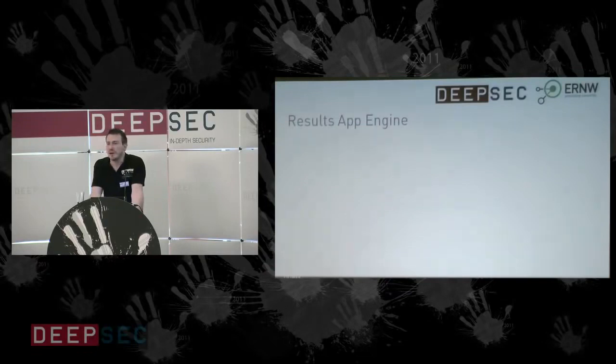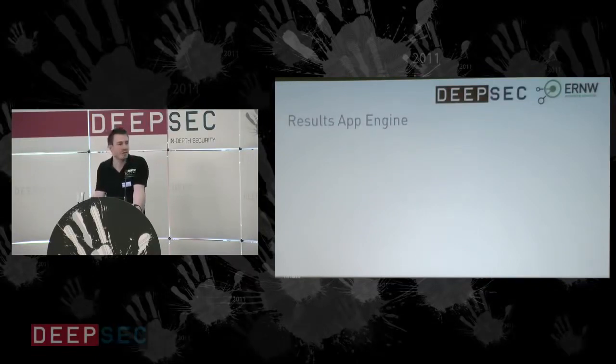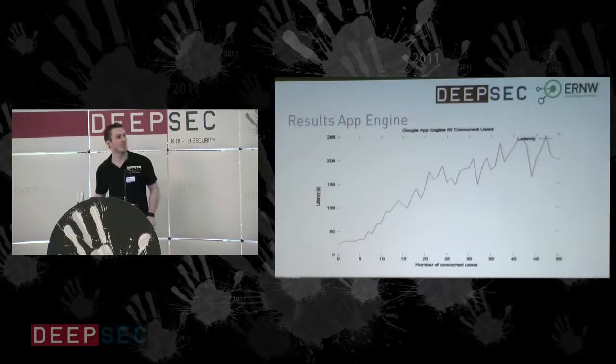They give you feedback on how many virtual servers are running at the moment to host your web application, but you have no way to influence the number of instances. This is the way platform as a service environments usually work. You host your application there, and they take care of all the stuff to provide it in an available and reliable way. So I simulated up to 50 users on the Google App Engine platform, and we see that